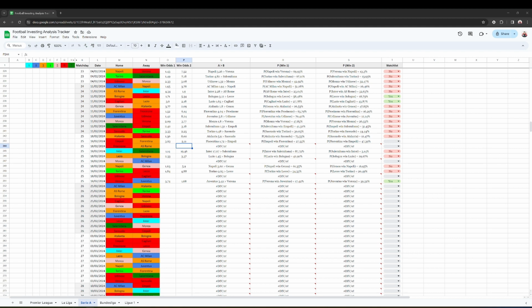Now, just as a reminder, Empoli at home, 19th in the table. Yeah, 2 wins in 12 games. They were able to beat Monza 3-0. Yeah, I traded that one. Fiorentina away, number 7, but they are on a bad streak. Lost with Sassuolo, lost with Lecce, lost with Bologna.